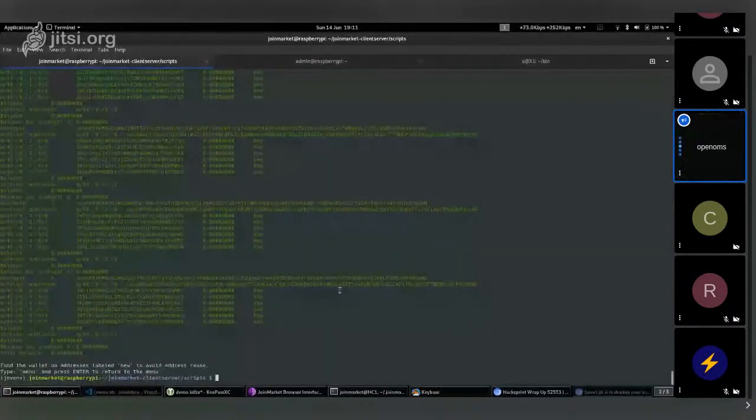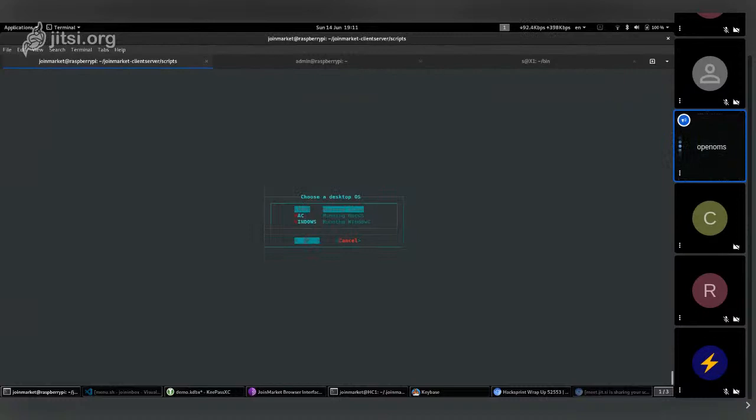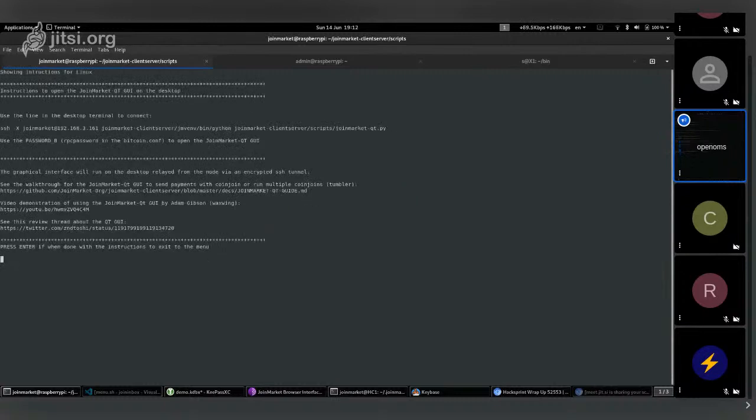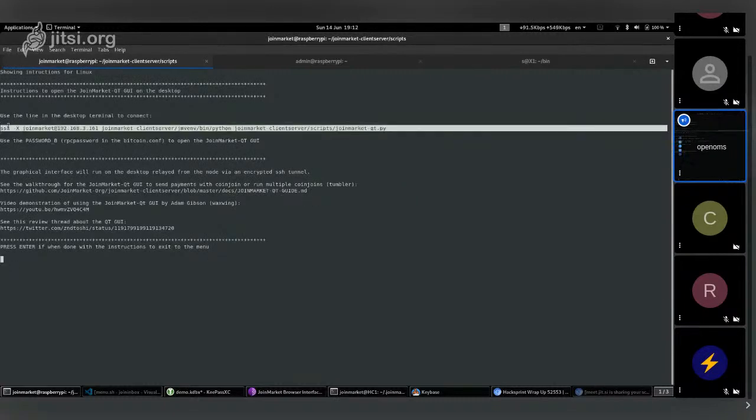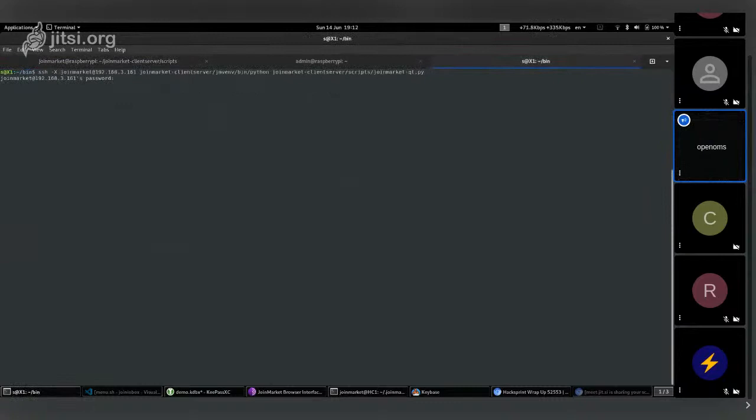I won't go through all the functions now because there's been a demonstration to do that, and they are pretty stable now. I can say they're working. And then the biggest thing, which we have been speaking about at the last Hacksprint as well, is that you can open the proper Qt GUI, and now it gives you some pre-filled instructions to do it. You don't need to do anything other than copy paste this command, put your password in,